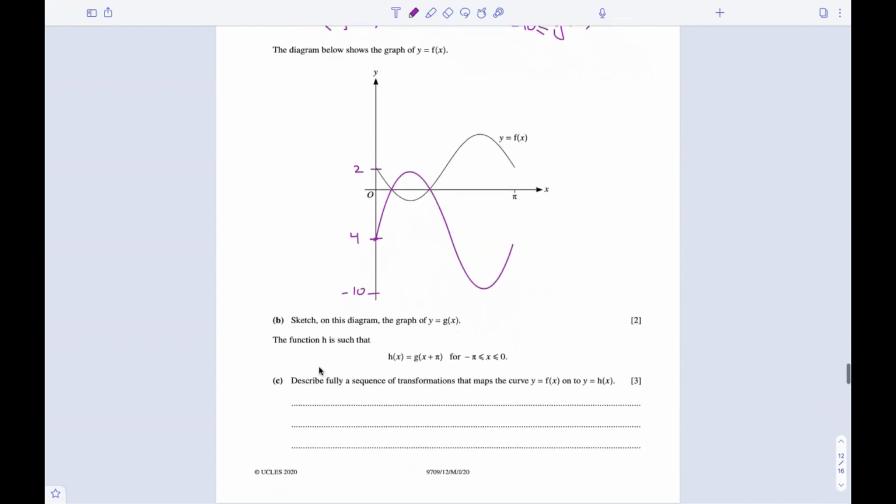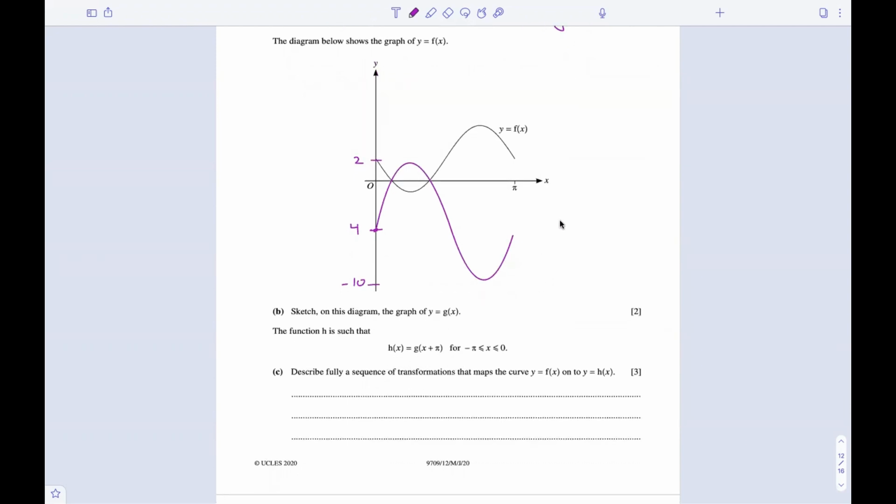Now in part C, we have a function h such that h of x is g of x plus pi. Now we know that from f of x to g of x, the function was multiplied by minus 2. The minus sign basically represents a reflection in the x-axis, and this 2 represents a stretch of factor 2 in the y direction. So we know from f to g,